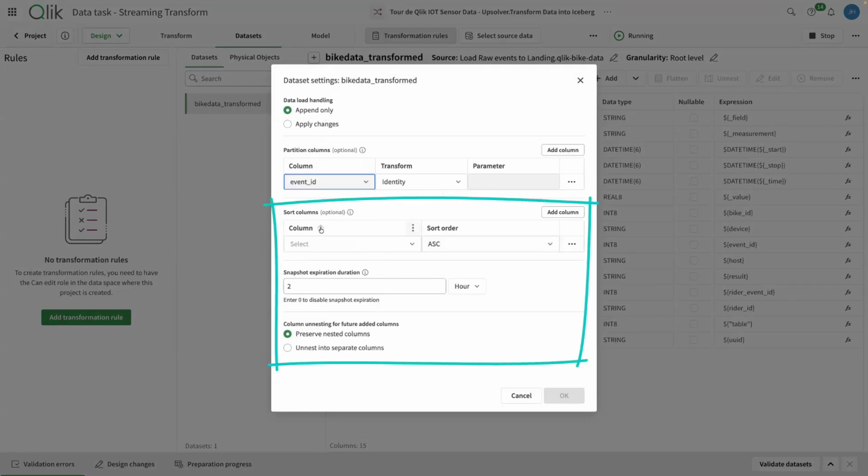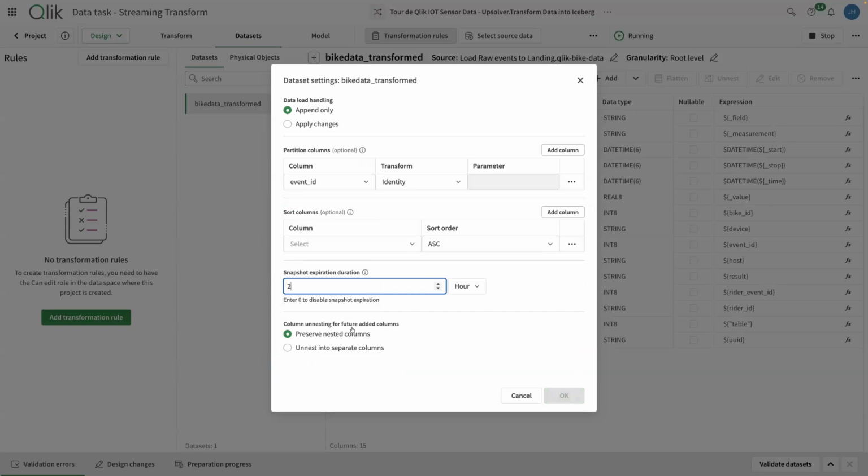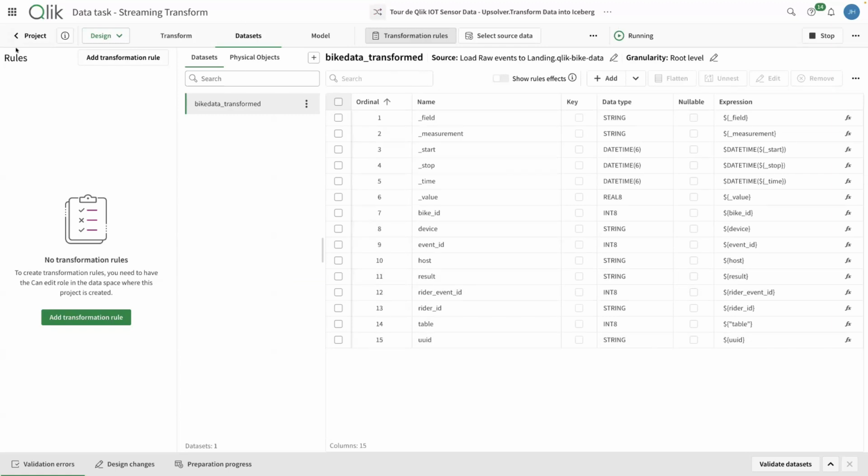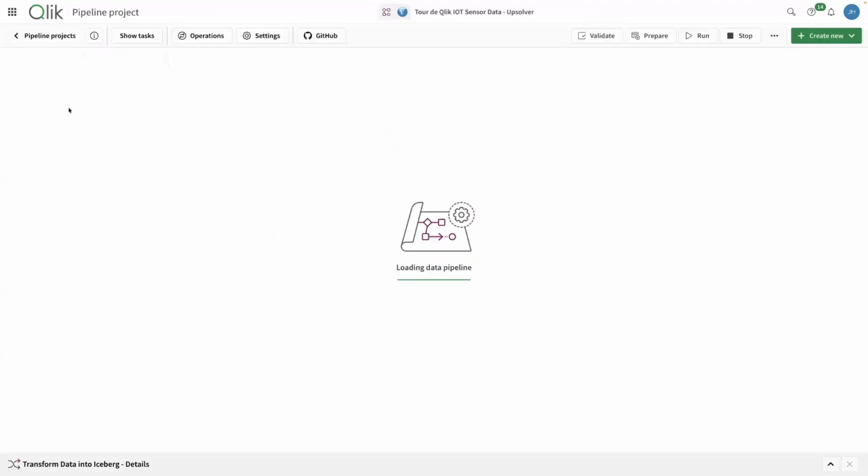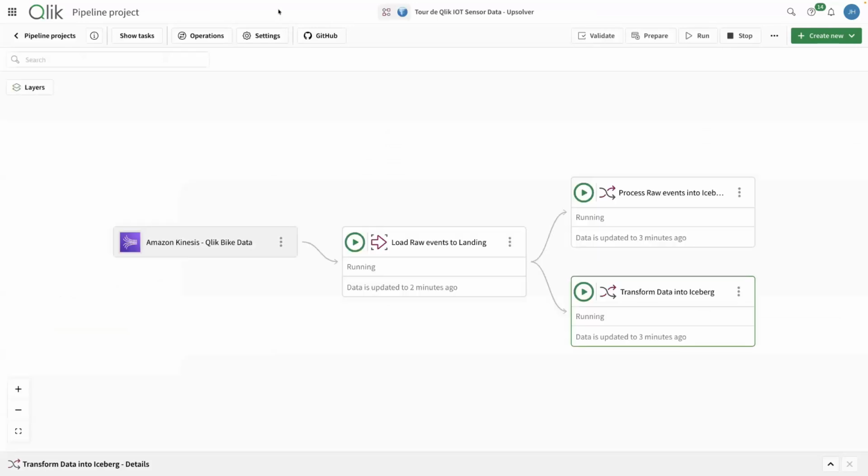Okay. We can also apply sorting to this data, and we can configure some of the data maintenance parameters. How many snapshots do we want to keep? When do we want to expire snapshots? You have full control over what those settings are. So all of these settings were applied, and then the data is filtered out, converted to different timestamps, and the table data is now more efficiently partitioned.